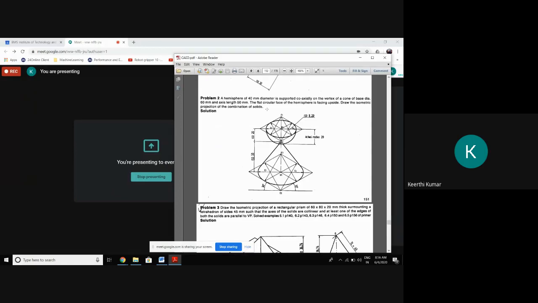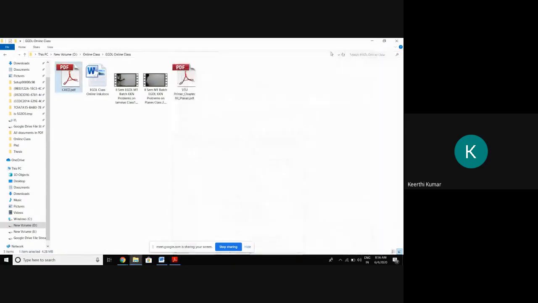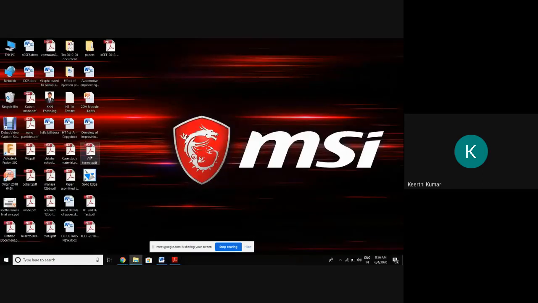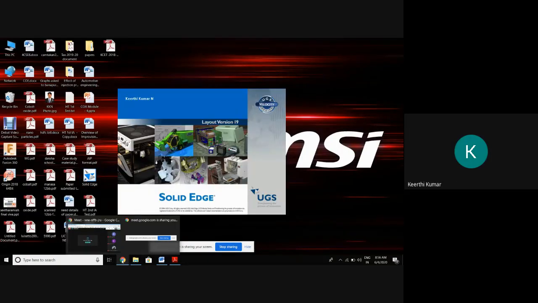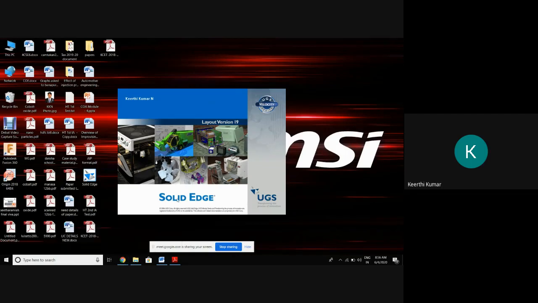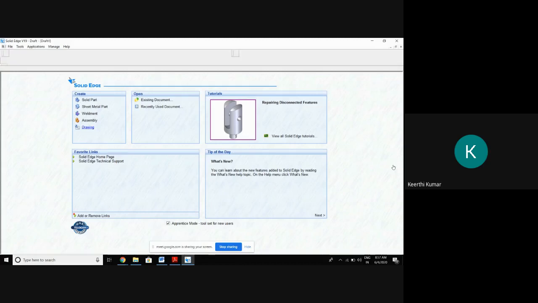Understood the concept? Anyone reply? Yes, sir. Okay. There is a cone, and above that we have to place a hemisphere. Till now we placed a sphere. Placing a sphere is easy, but placing a hemisphere is somewhat difficult. I'll explain. If you understand the first problem, the remaining problems will be very, very easy. Follow the instructions I am giving so that we will finish together.